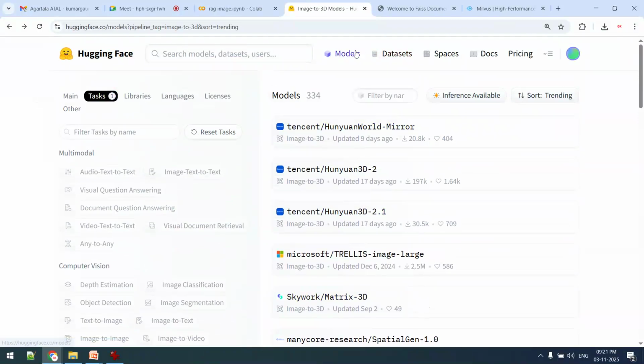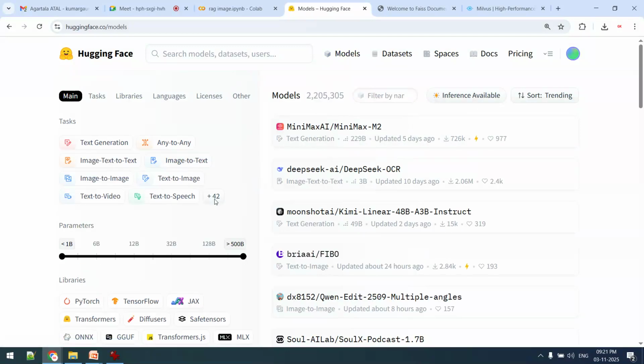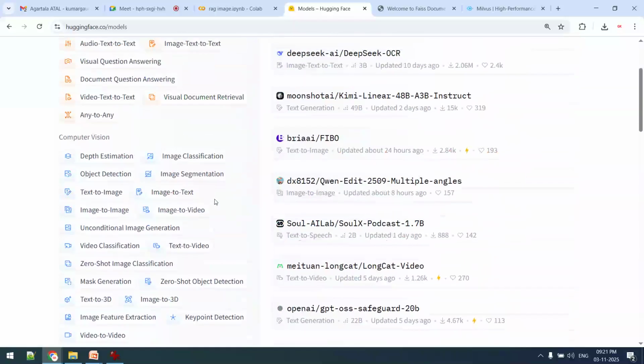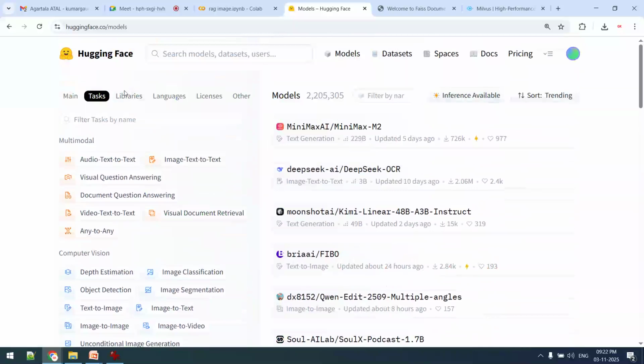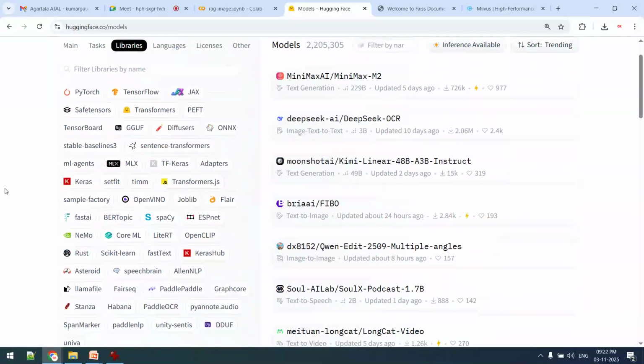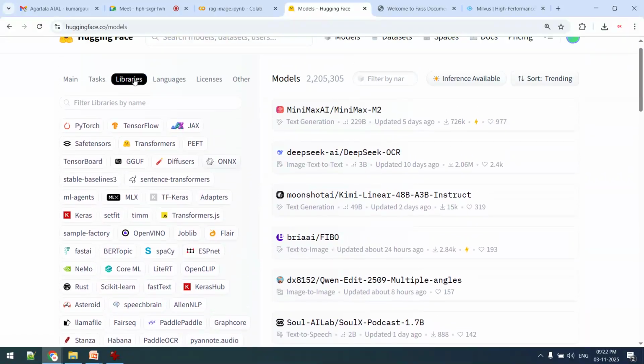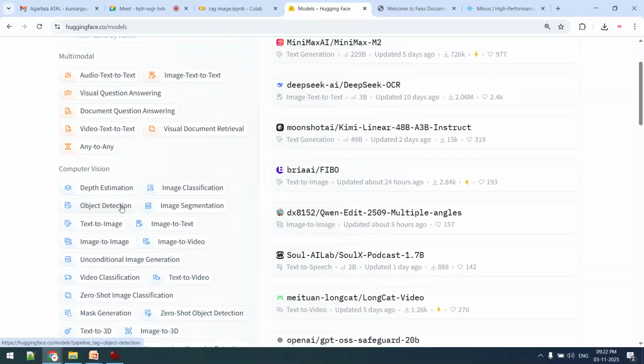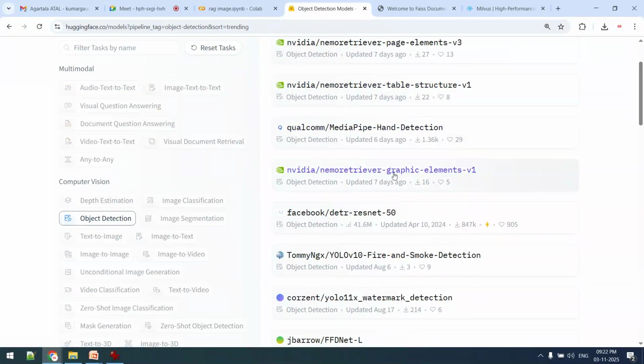Okay, so models, and in which programming language you want to work, you can go for filtering also. Okay, different filtering we can apply. So libraries, for which library I want to work: PyTorch, TensorFlow, JAX, Transformers, Fast AI, YOLO. Or task based. If I want to work with image to image or object detection, in object detection, NVIDIA